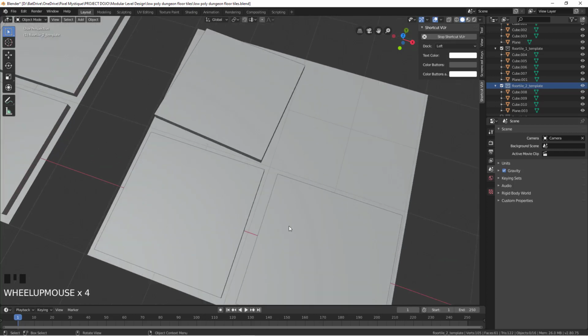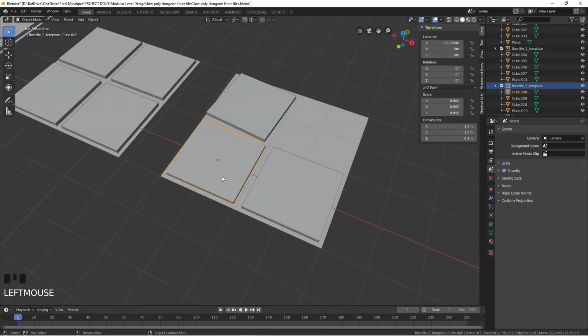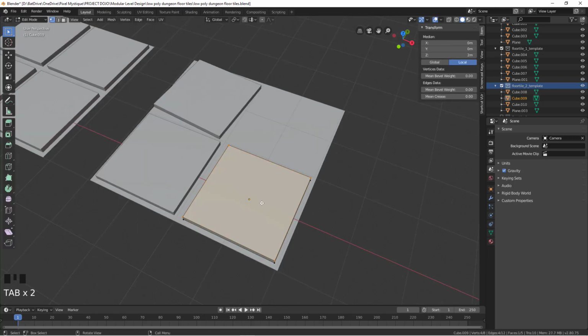To do that, we're going to use a loop cut. So select the other floor tile, maybe let's use this one. Go into edit mode, and then you press Ctrl R to get the loop cut, and then you'll see this highlighted line right here, and this is going to cut this way. We're going to cut both sides, and then using the scroll wheel we can add more loops,